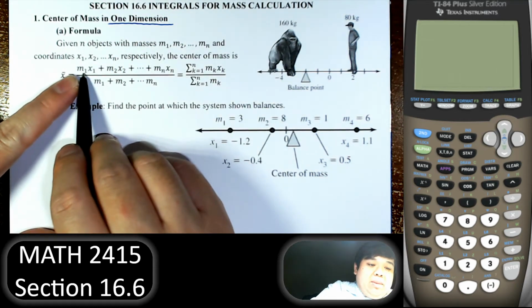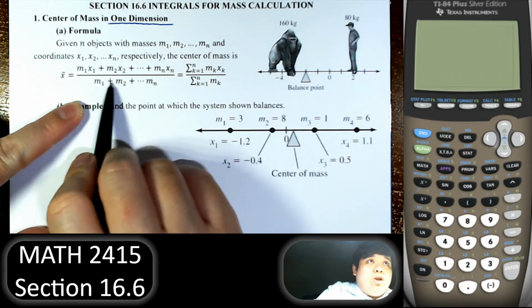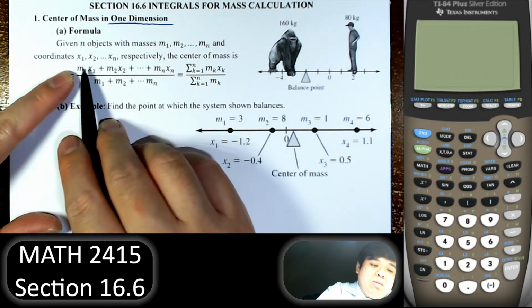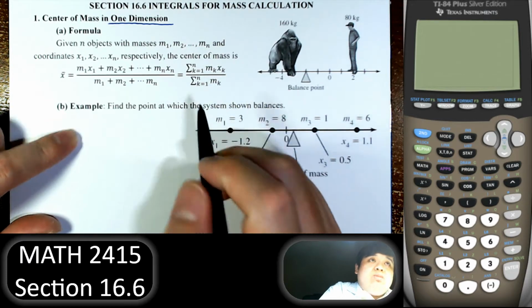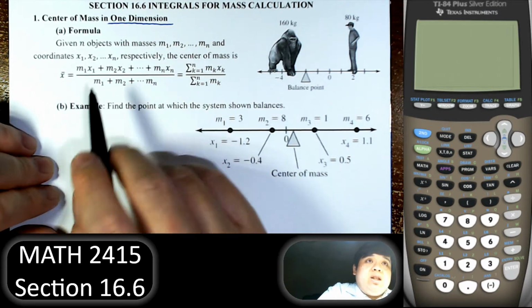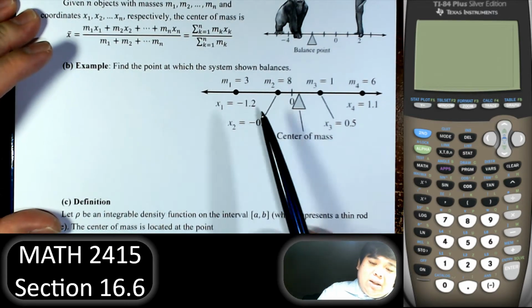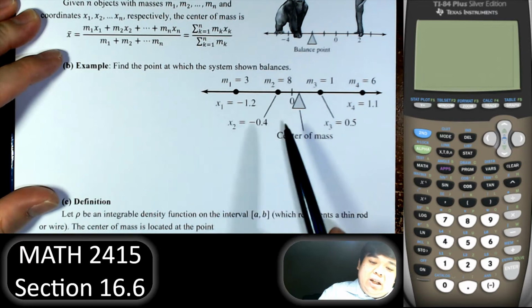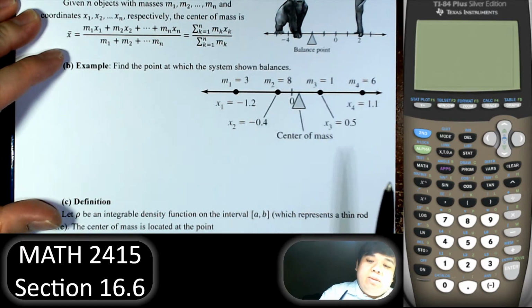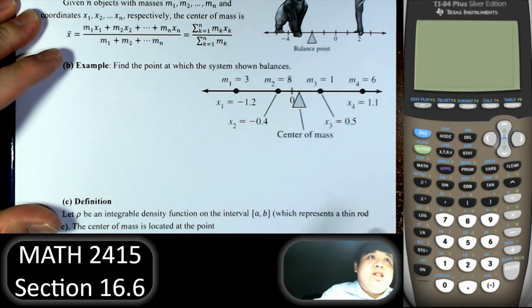And the formula for the center of mass, this is only in one dimension, is the mass times all the coordinates over the total mass. The sum of the mass times the coordinate over the total mass. And each one of them is the moment, and we add all of them up, the sum of all the moments. Now we have an example here. We have 1, 2, 3, 4 of them